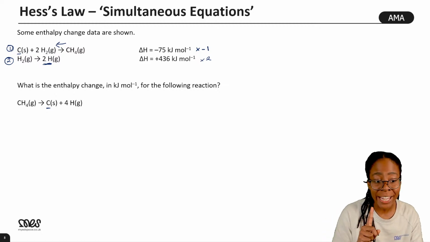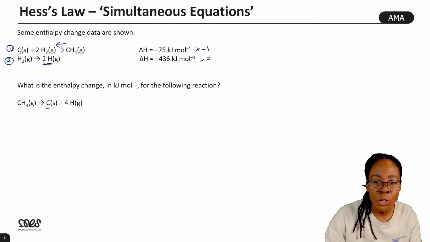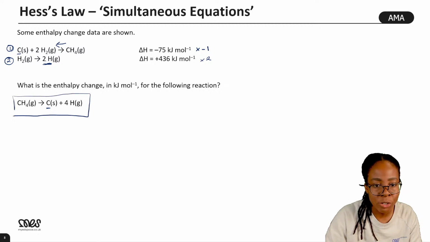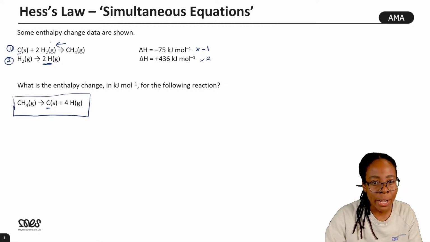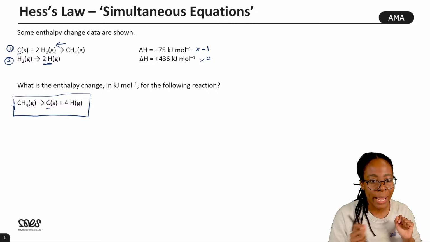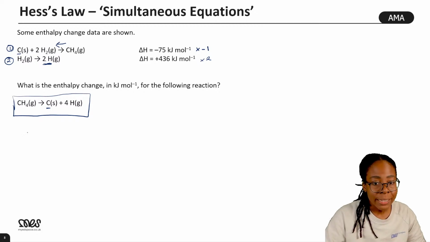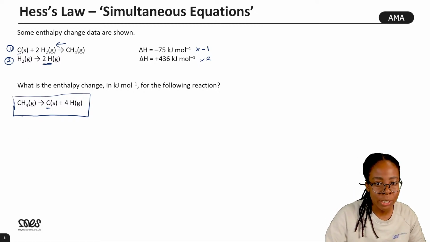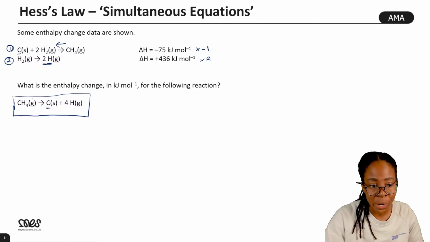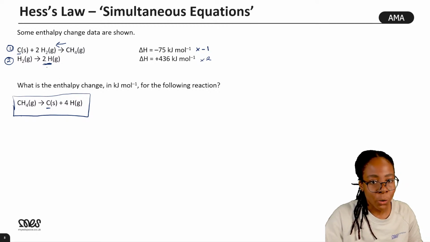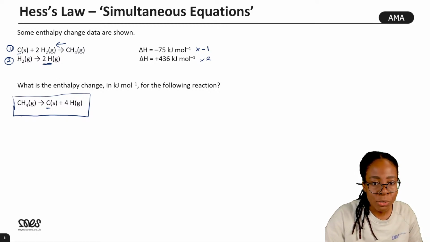Okay, we can't look at the H2, great question, because the H2 is not in our final equation that we're trying to get to. Okay, we're trying to organize these equations in a way that when we add them up, they'll give this overall equation, and anything that's not in this equation will cancel out. Okay, so the H2s, once we've flipped this and we've doubled this, they'll cancel out